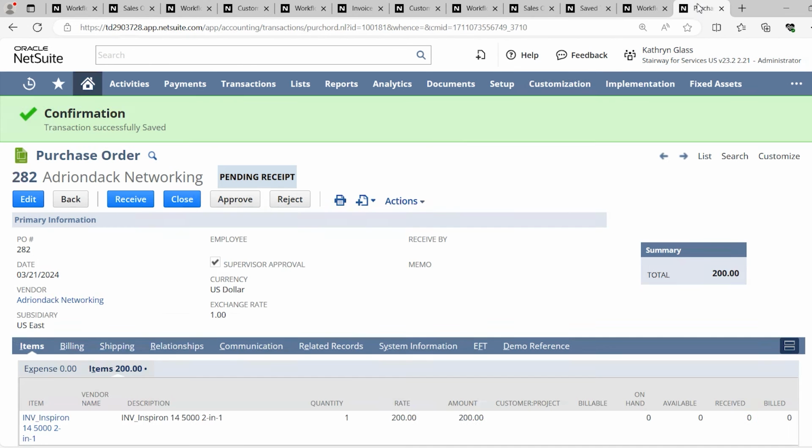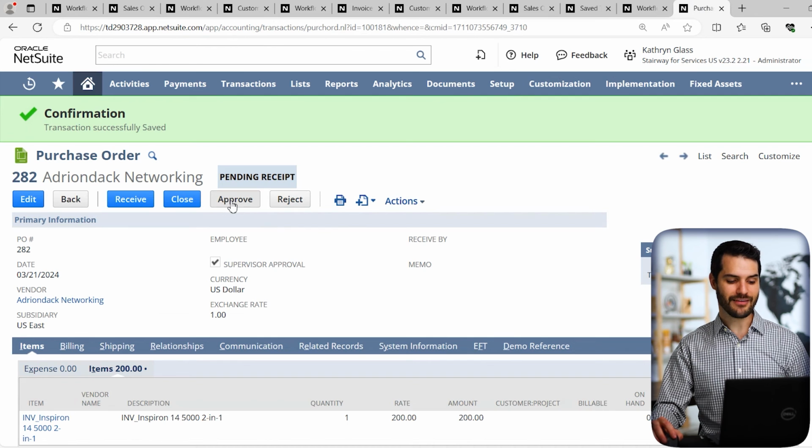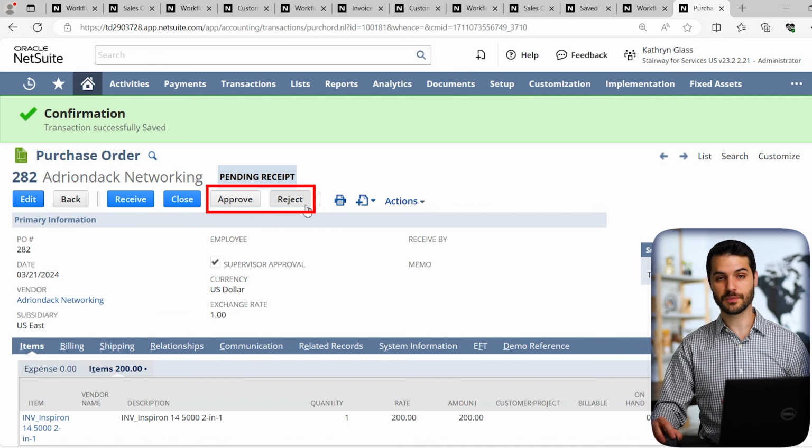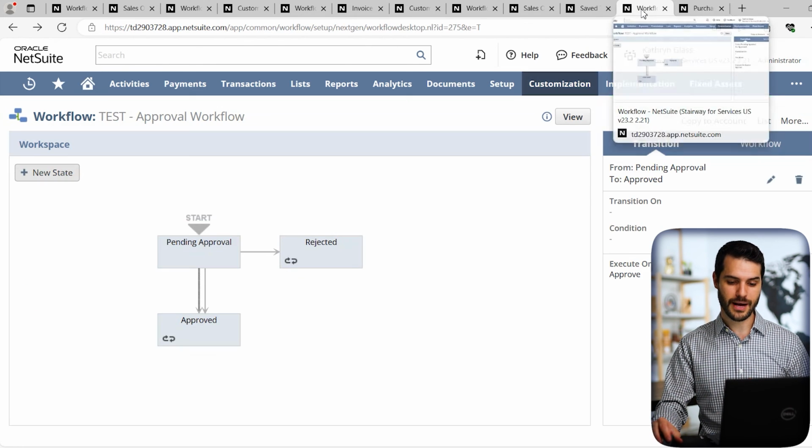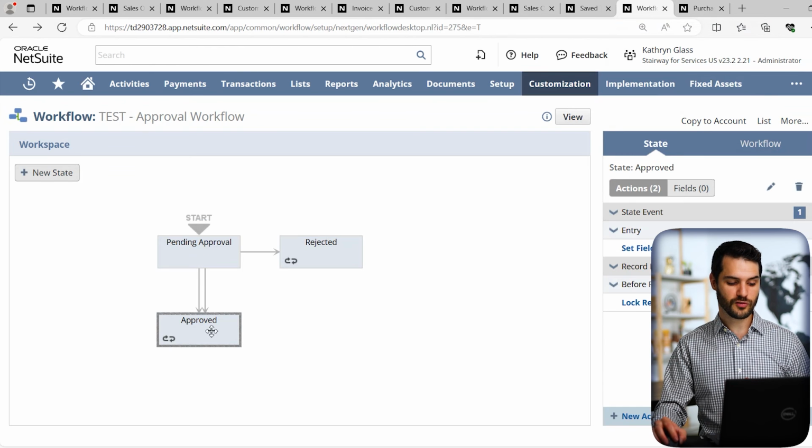And if we take a look at a purchase order here, you can see I've added these two approve and reject buttons. So the supervisor would come to the record, hit approve or reject to be able to move it forward. If we come back to the workflow, the approved status, if we double click on that,